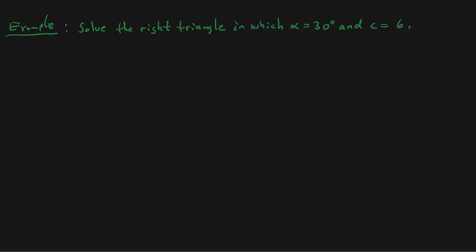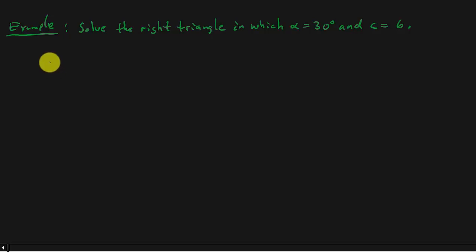All right, solve the right triangle in which alpha equals 30 degrees and C equals 6. All right, so this might be kind of confusing here. You know, they don't give you a triangle, so how do we label it? Well, if you look at this,